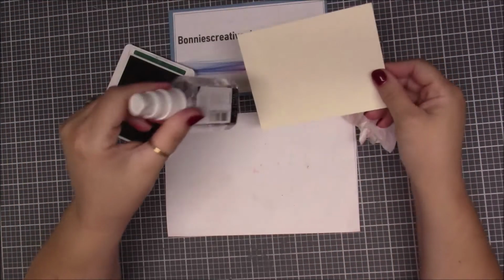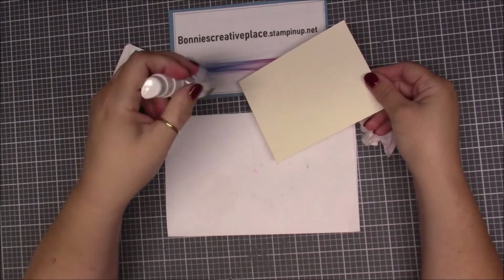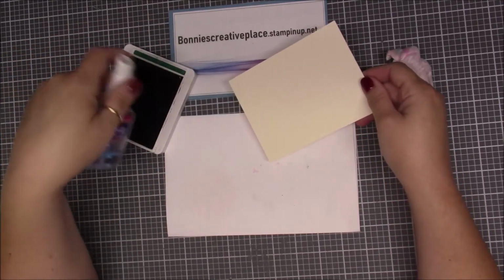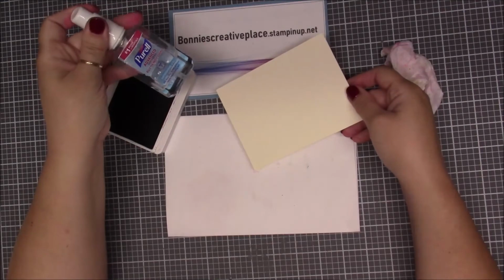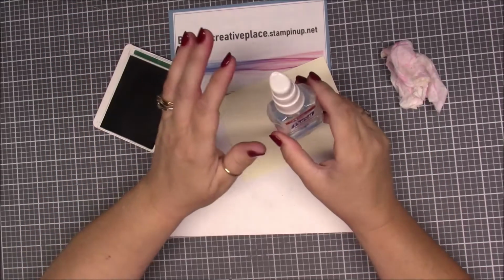I always have hand sanitizer at my craft tables and my desk for when I am doing workshops, because especially beginners, they're going to touch the inks. They're going to close them wrong. They're going to end up with ink on their hands, just like we did when we first started. So you need to have this there,